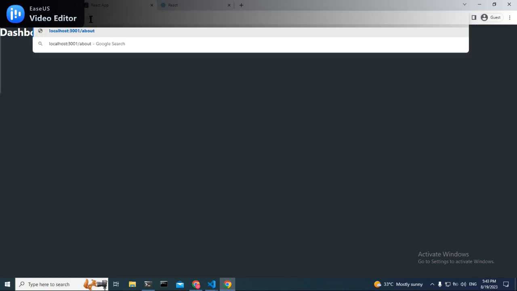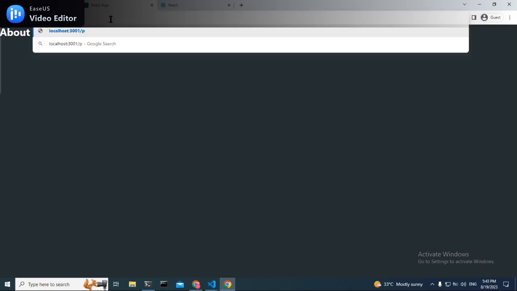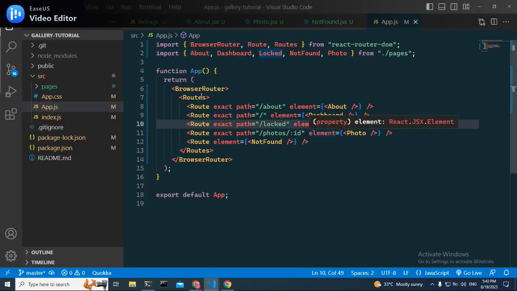Save and come here. Now, since we're on the slash page, or there's nothing here, in other words, we're getting the slash value. But if we go to slash about, we'll get about. If we go to slash photos slash 1, we'll get a photo. This is the colon ID. And if I go to locked,